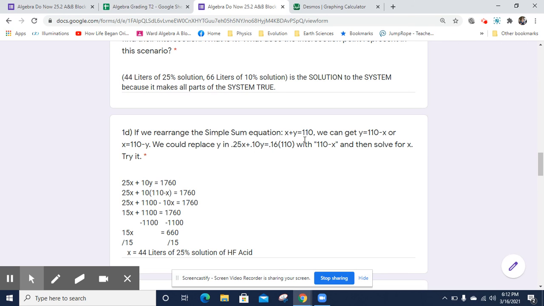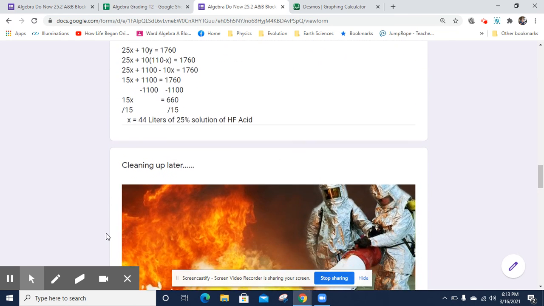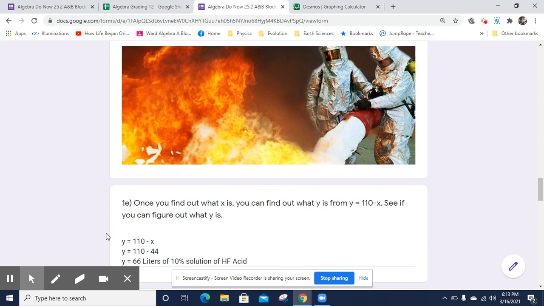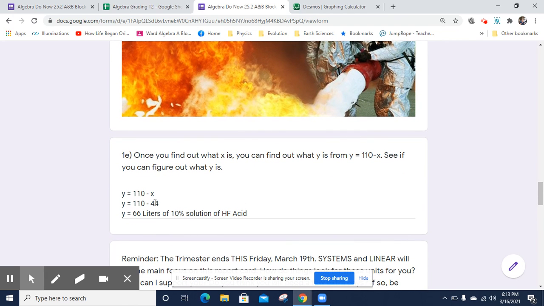We substituted an expression for y, since y equals 110 minus x, if we rearrange this equation. We were able to work out exactly how many liters of the 25% solution there were. And then we took that information and substituted it again to find out how many liters of the 10% was there. All right, I hope that